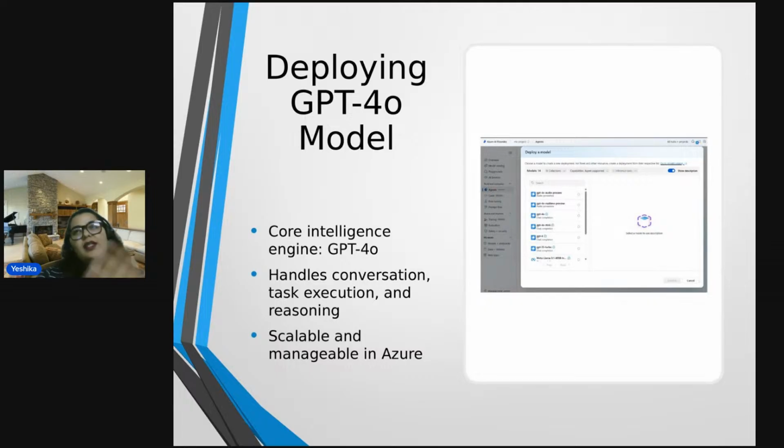Why is it the core intelligence? Because it is not just a conversational or text-to-text element, it also gives you that human behavioral quality with its responses, so that you get hold of all the elements with this particular model.